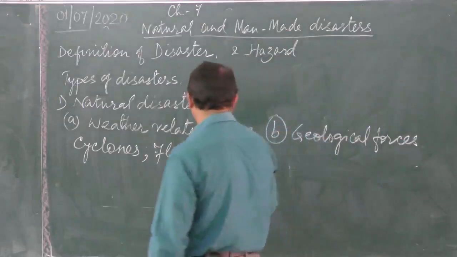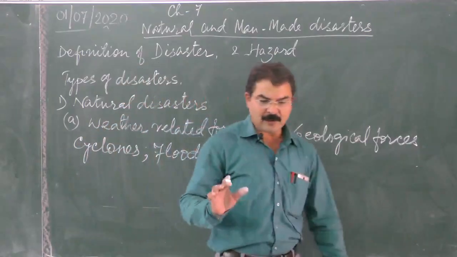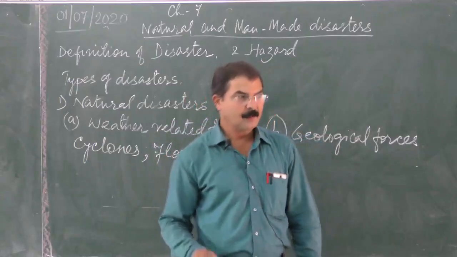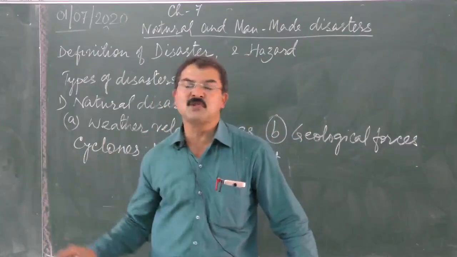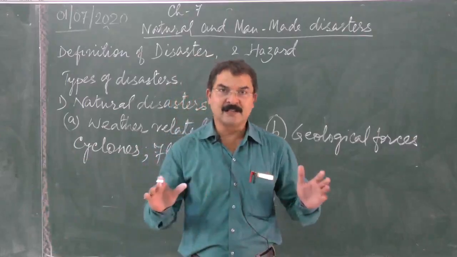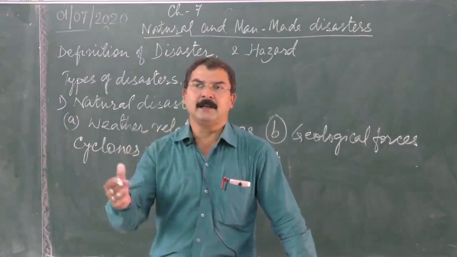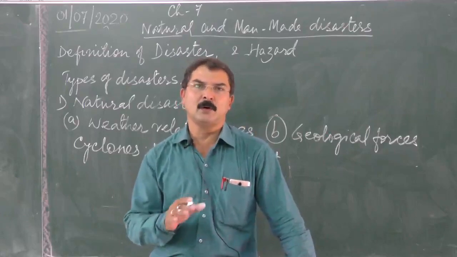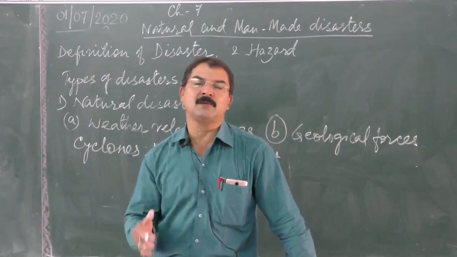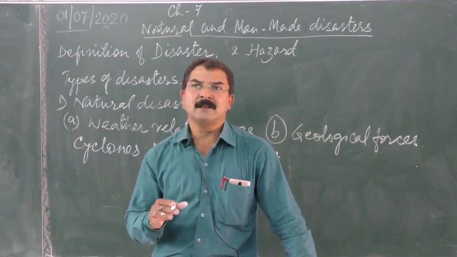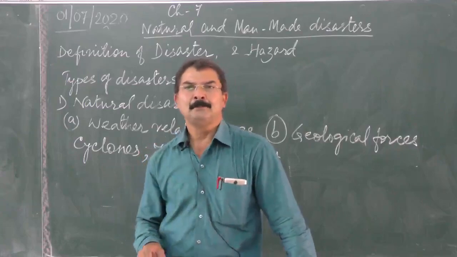Then we have drought. What is drought? Drought is a condition of dryness that results due to failure of rainfall and a very long stretch of dryness without any rain. Especially in our country we receive the rainfall through the monsoon winds. If the monsoon winds are not strong enough, they do not provide sufficient rainfall. Now in certain areas there is a total dryness, they don't receive any rainfall, less than 25 centimeters or even less than that, resulting in